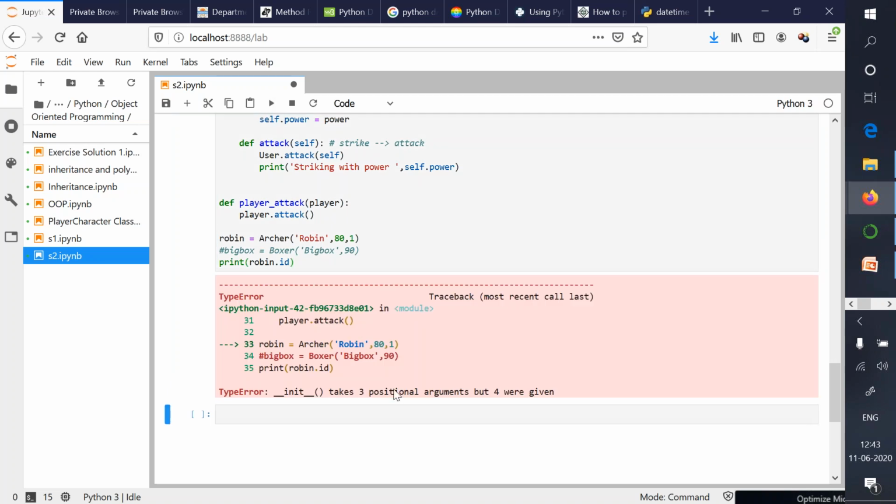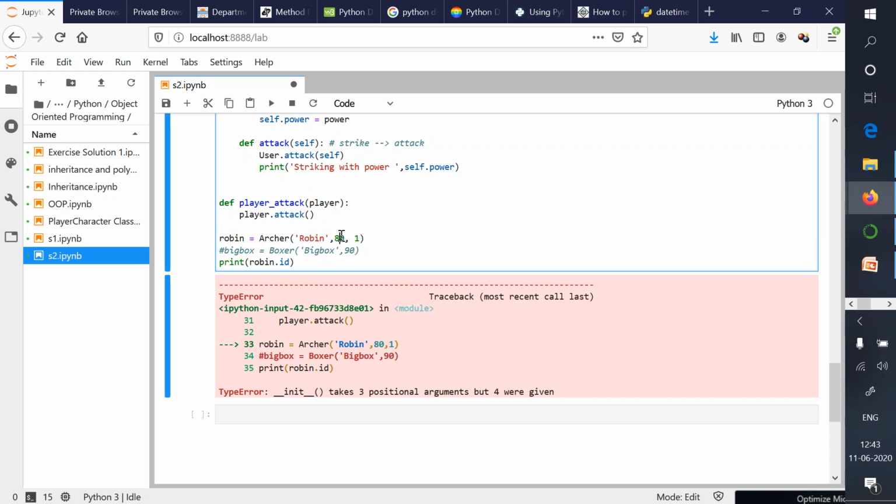Now if I try to run this program again, I'll get an error, but in this case the error is init takes 3 positional arguments but 4 were given. That means when you are instantiating the Archer object like this, the system is passing 4 arguments.